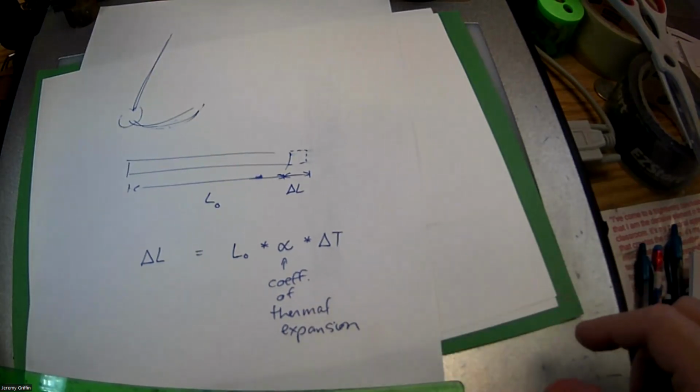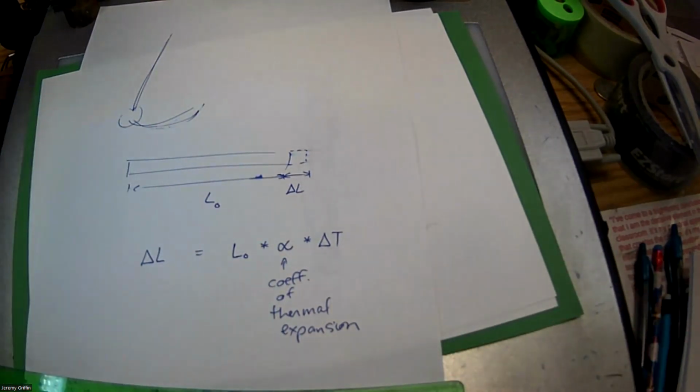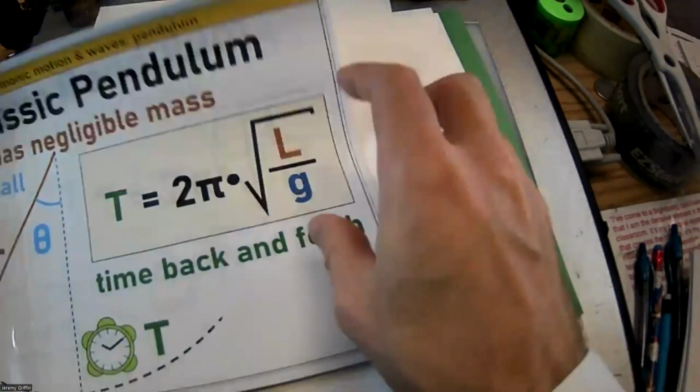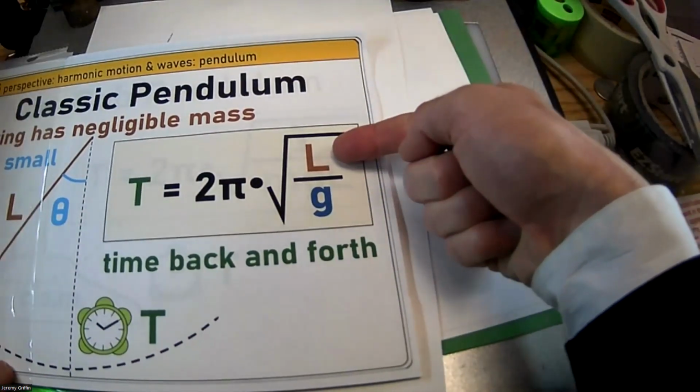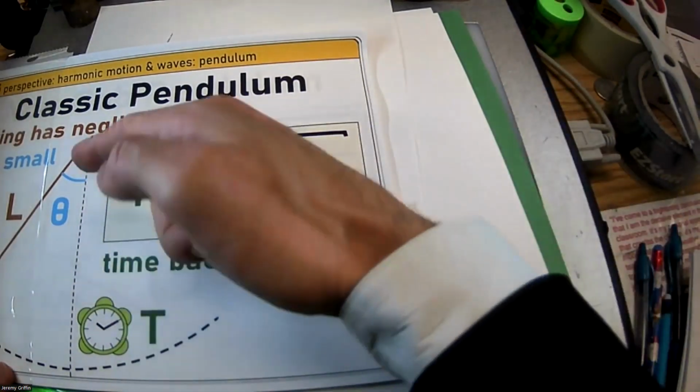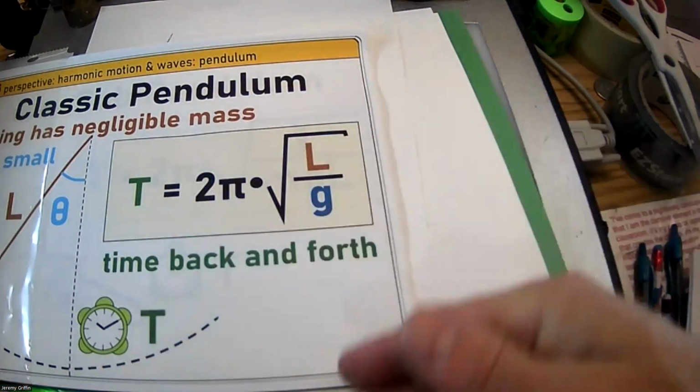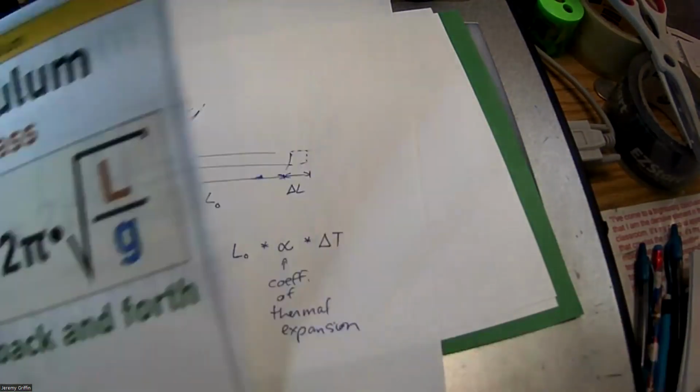All right, so now you guys have been thinking about this a little bit. I want to see a show of hands. Is this clock now going to speed up or slow down because the temperature in the room went up? How many are thinking the clock's going to speed up? Who says that? Who says slow down? Oh yeah, you guys are right. It totally is going to slow down. Good call. Because the fact that it gets longer means that the length increases, and if that increases, then the time to swing back and forth also increases, which means it takes more time to swing back and forth, so the clock runs slow. Okay, you guys got that. All right, nice.